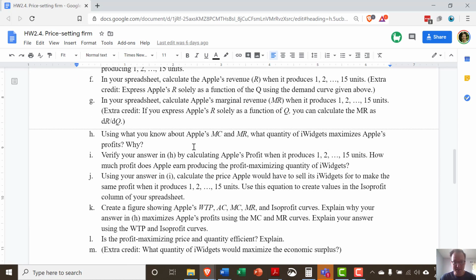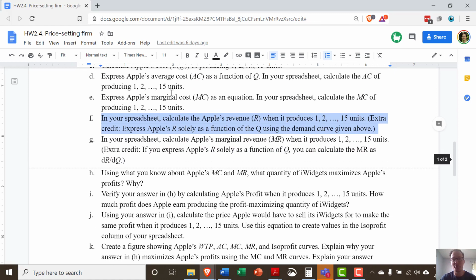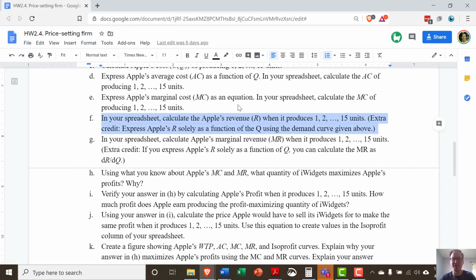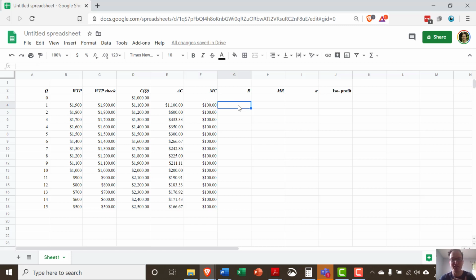Next, we're asked to calculate Apple's revenue. Calculate Apple's revenue when it produces 1 through 15 units. We'll ignore the second half of that question, although you can do it for extra credit if you'd like, right? The revenue in all these examples is always simply price times quantity, right? However many units Apple sells multiplied by the price it sells them at,